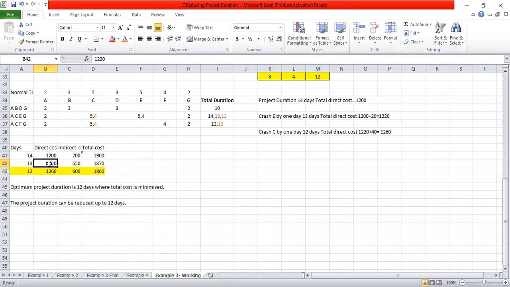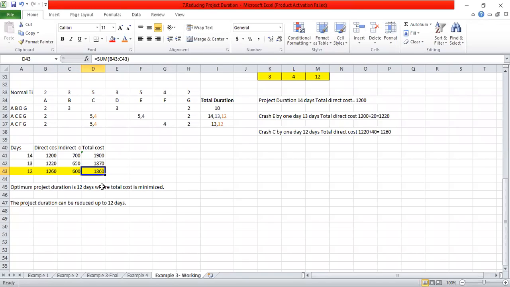So after reducing each activity by 1 day, we can reduce our indirect cost. From 700, you can reduce it by 50. That means 650. So you have to take the summation to get the total cost. The next one is 12 days. Direct cost is 1,260. And from 650, you can deduct 50 again. That means 600. So the total cost is